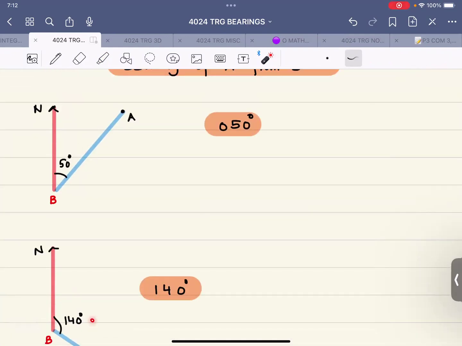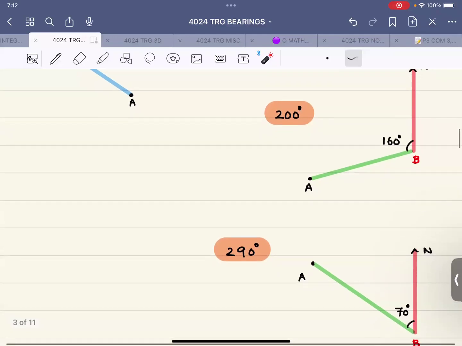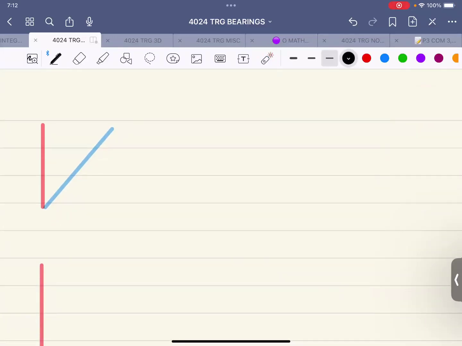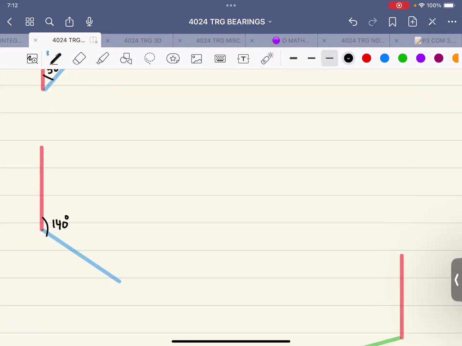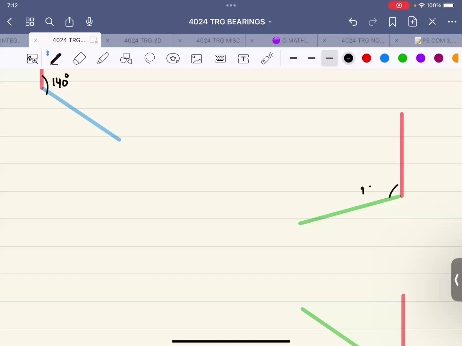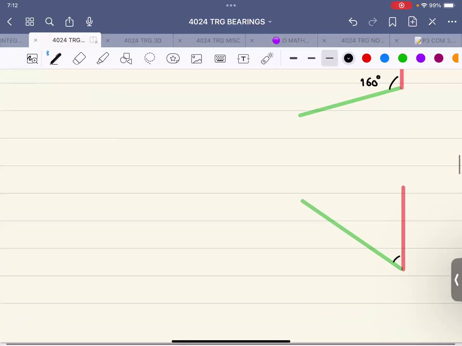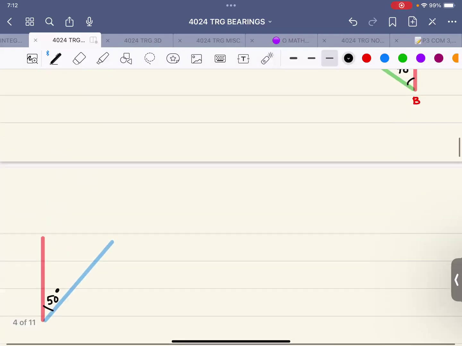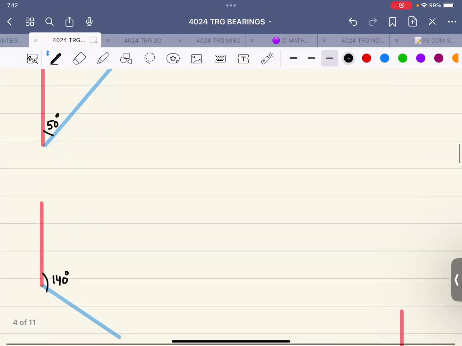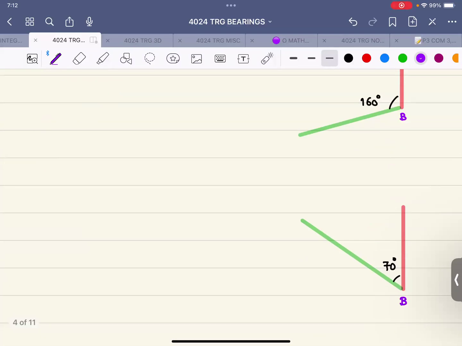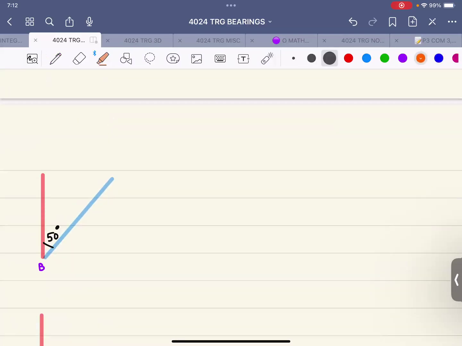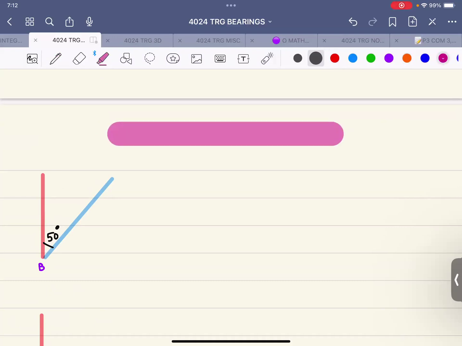Now, let me just copy 50, 140, 160, and 70. So I'm using the same values, 50, 140, and this is 160, and this is 70 degrees. So now at the top, even before that, this is B. Over here, that's where the north axis is already drawn. But now I'm changing the question. The question is now to evaluate the bearing